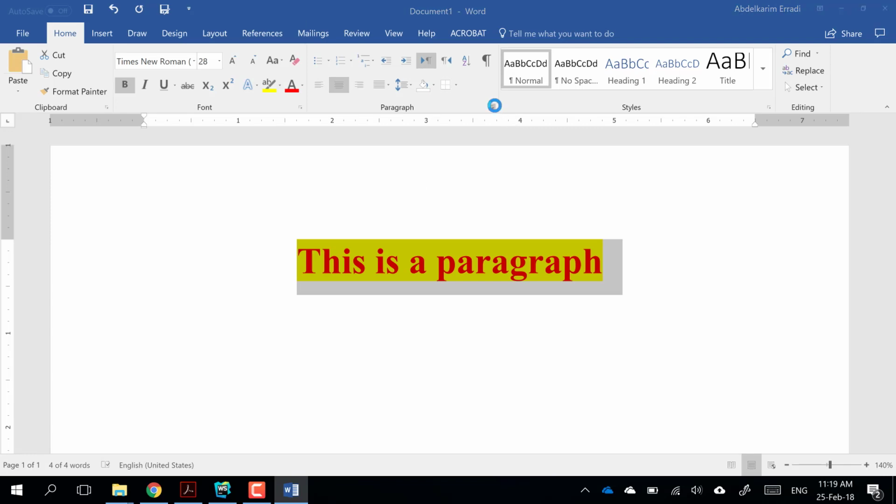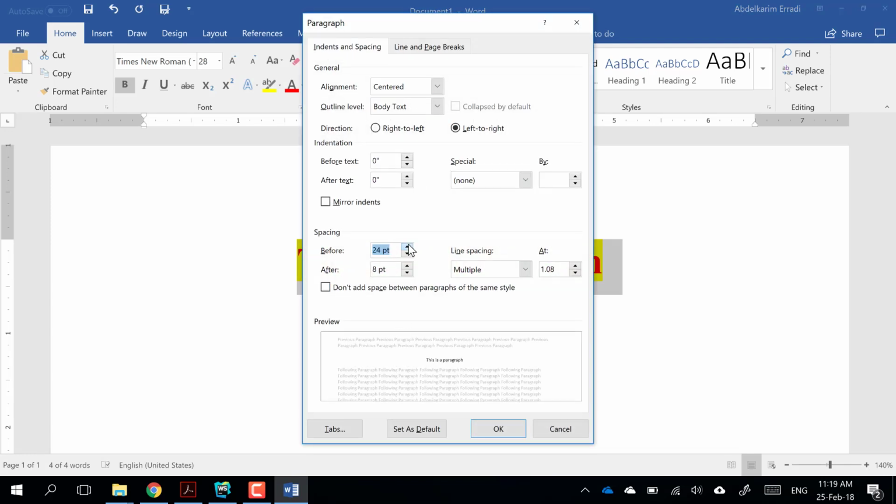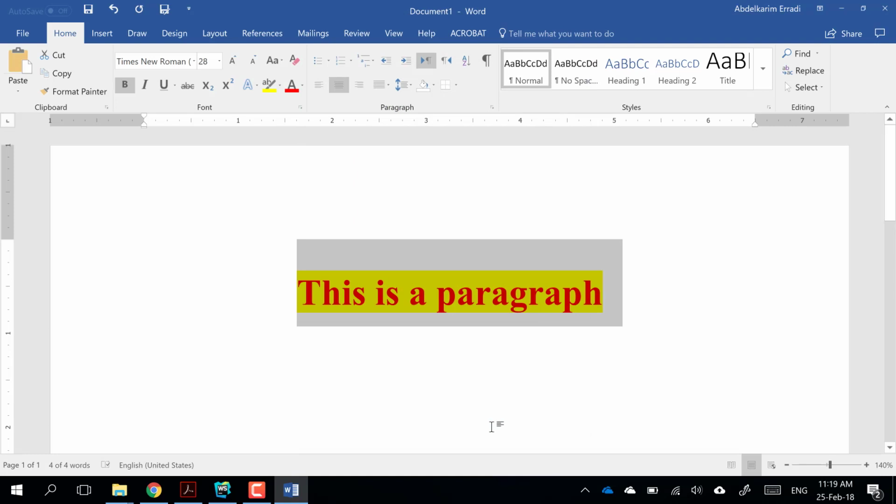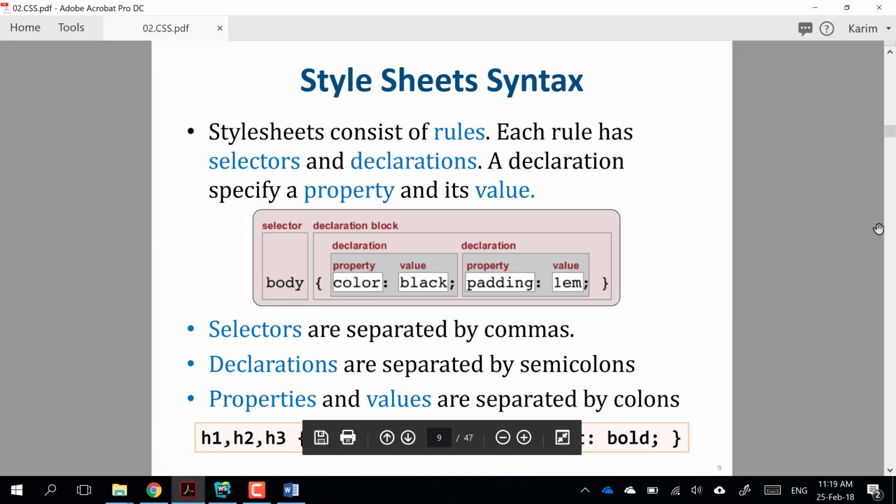Like here, I can change the padding. I want to have some more space before, as an example. I can change this. All that you see here, all the formatting you can do in Word, you can do in CSS. Exactly the same concept, exactly the same. Yes? Okay, so going back,